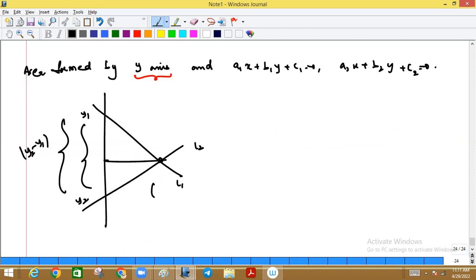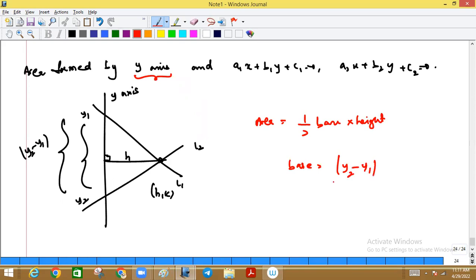If this point is h comma k, this is h. What axis is it? Y-axis. You understand the point? Then area is half into base into height. Base is mod y2 minus y1. Height is